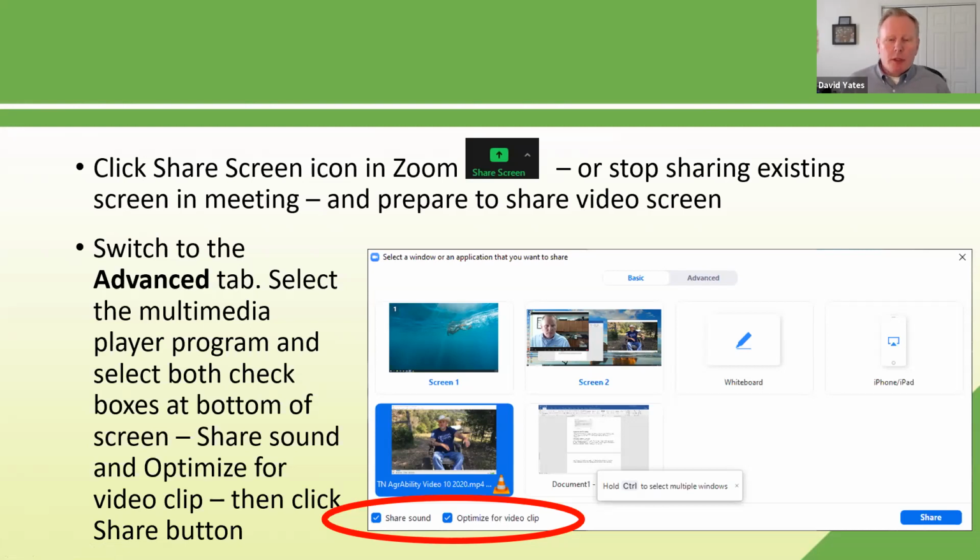These are two important things that you're telling Zoom to take care of for you, is that yes, you're going to be sharing sound through Zoom. And secondly, you want to optimize that video clip based on the internet connection that you, the host, have, and that those of the participants have. You've got those two things checked, the video program selected, then go and click on that share button, and we cross our fingers,